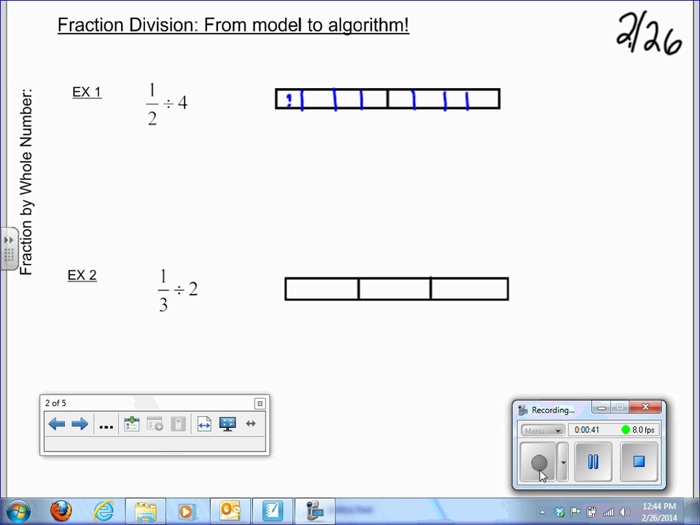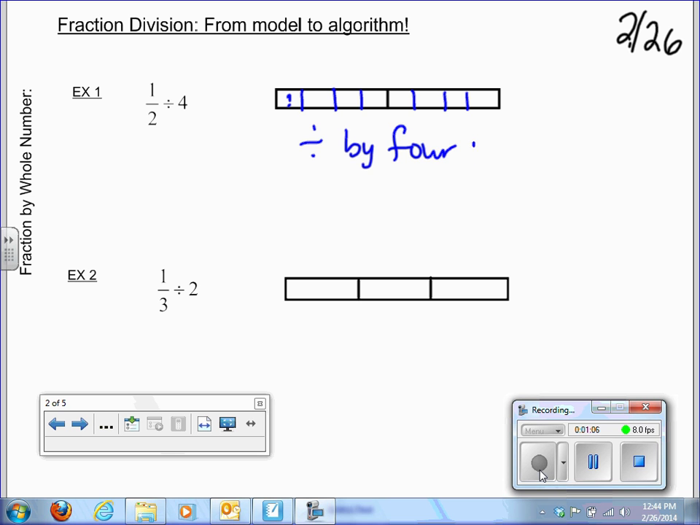Does anybody know what the size of one of those pieces is? Isabel? It would be 1/4. Wait, no, no, 1/8. It's 1/8. Okay? So we want to make sure that when we divide this into 4 equal parts, we know that it's 1/8. Dividing by 4, I want you to write this down, dividing by 4,